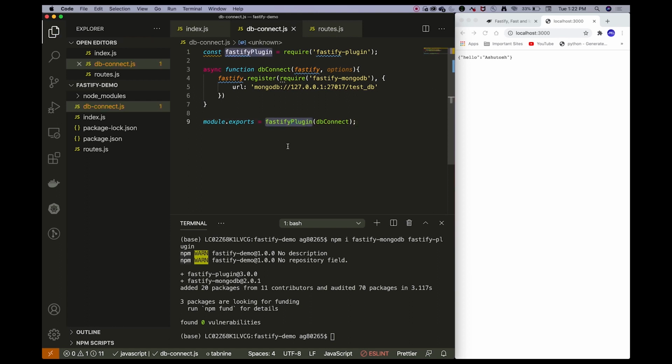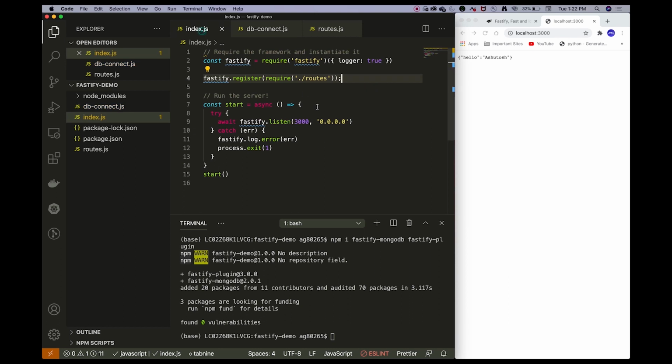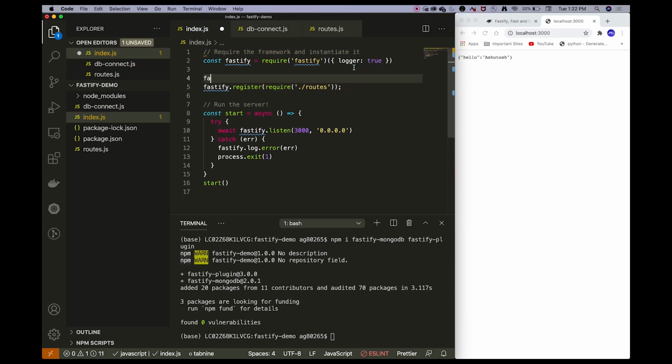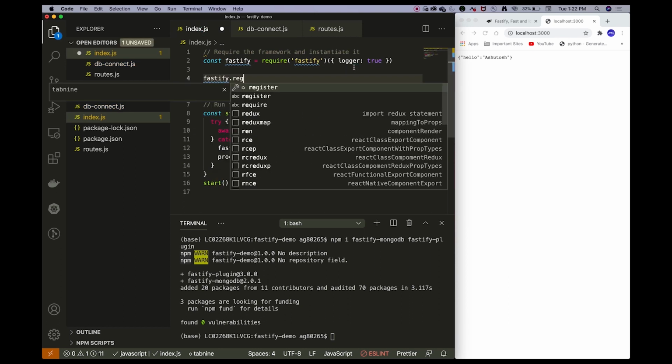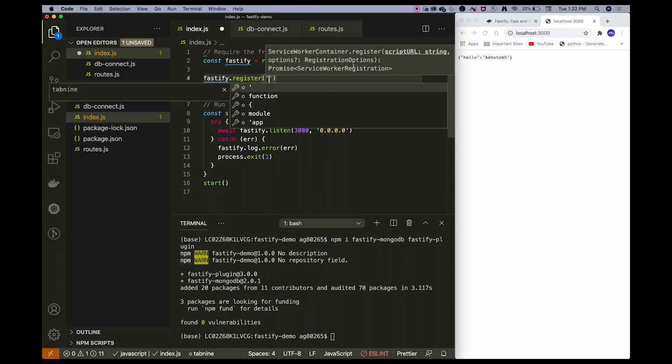Don't worry if you haven't understood yet why this Fastify plugin is used. I am going to explain that while we write a few more routes to insert and fetch the data from MongoDB. So we have successfully written this plugin, and now let us go back to our index.js and register this dbconnect plugin here.